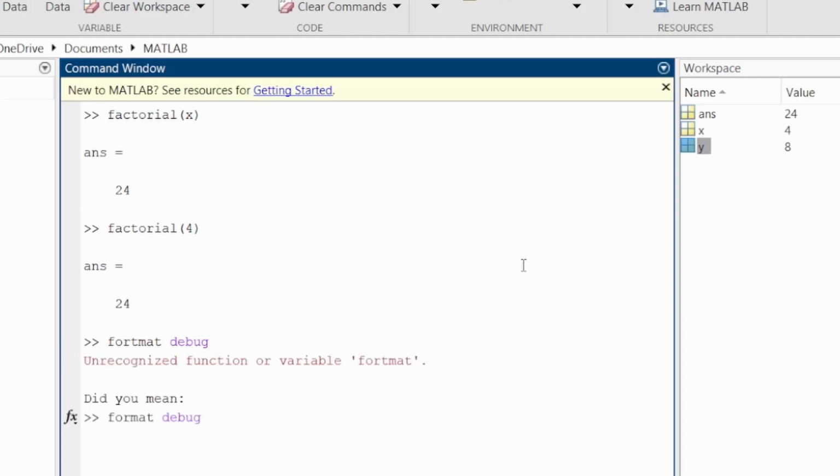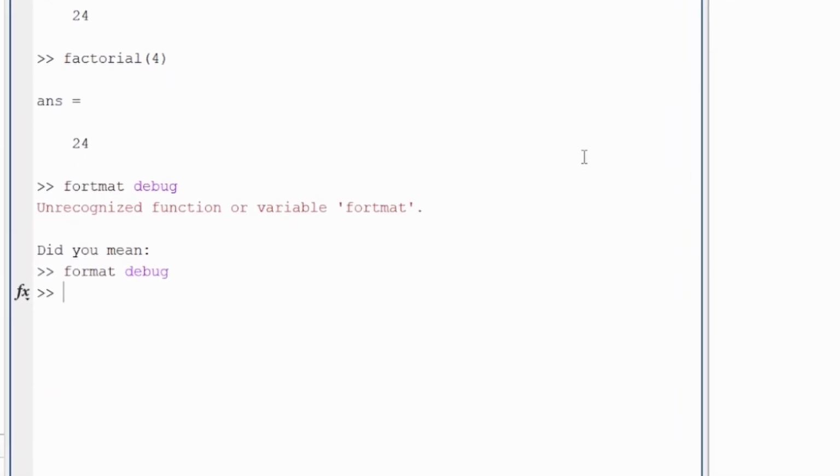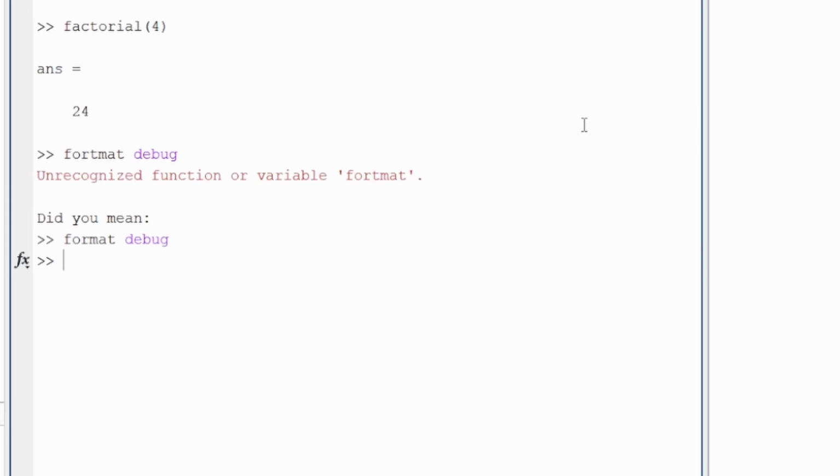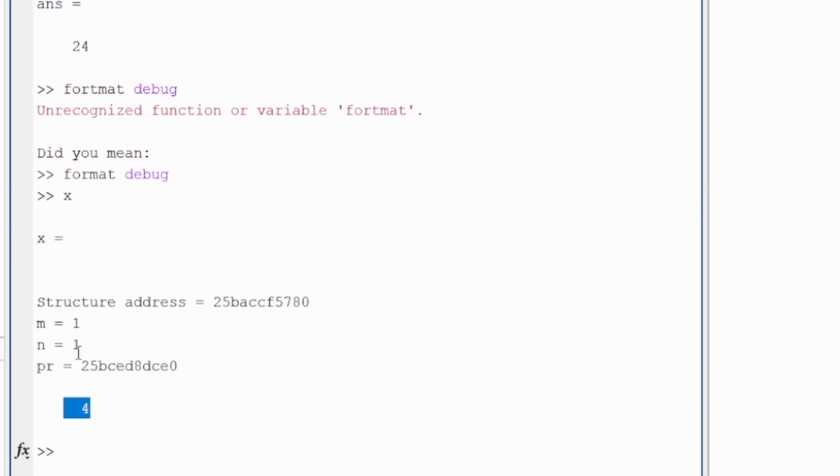I spelled it wrong. And if you spell something wrong, MATLAB sometimes automatically corrects it for you, and it tells you how you should have spelled it. So if you type in format debug and click enter, it enters debug mode. It doesn't say anything immediately, but before, if we would type x, it would say x is equal to 4. But now if we type x, it says x is equal to 4 right here, but it also gives us